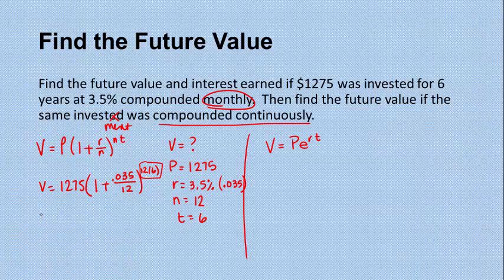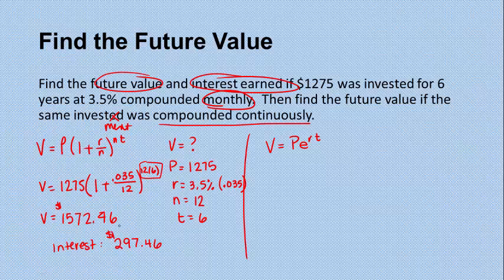All right, so I got the value of the account after 6 years to be $1,572.46, and I'm rounding like it's money, so there should be 2 decimal places. It asked me to find the future value and the interest earned, so I'm just going to subtract the original amount, which was the $1,275. And that tells me that the interest earned was